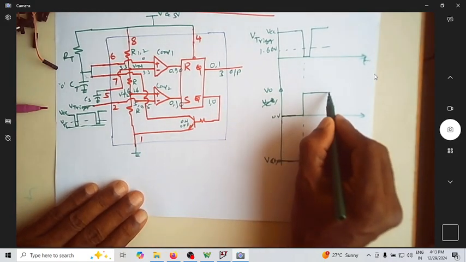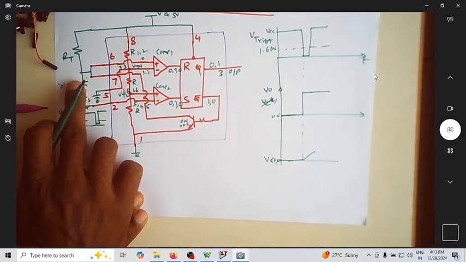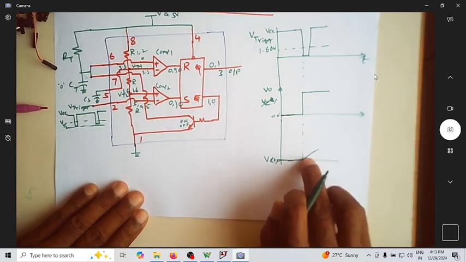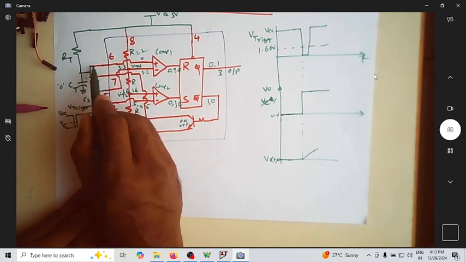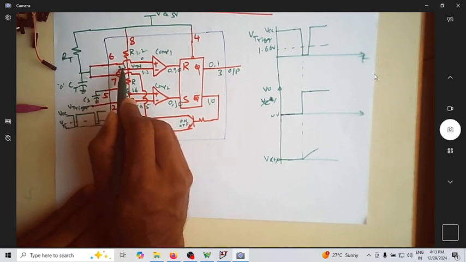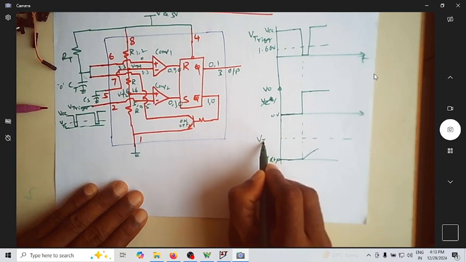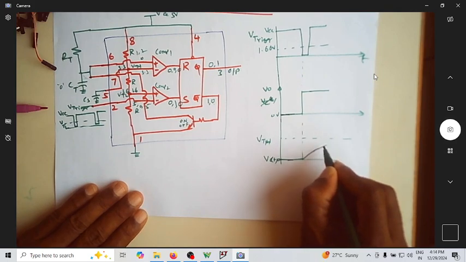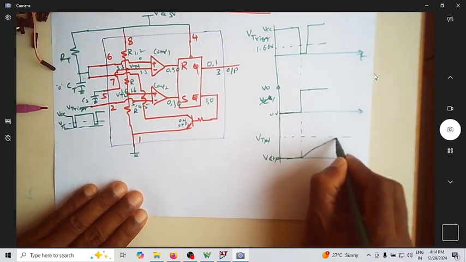So now how long will this remain as 1? You can see at this point of time, when this is 1, this is off, and the capacitor does not have a path to discharge. It keeps charging. So this charging of your capacitor continues till the voltage of your capacitor goes above VTH. Let us assume there is a level corresponding to VTH. As long as it is less than VTH, the transistor is off, the output is high, and this continues. The moment it exceeds VTH,